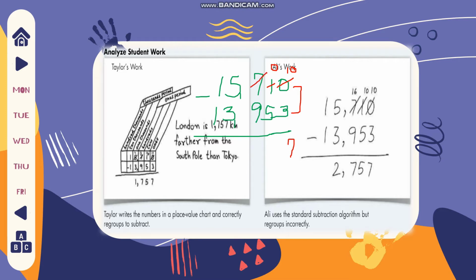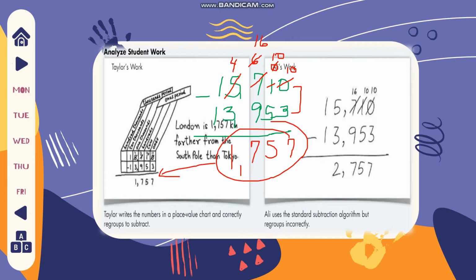We need to borrow from 7. 7 becomes 6, and the 0 becomes 10, because the one that we borrowed is always equivalent to 10. So 10 minus 5 is 5, and 6 minus 9 cannot be, because 6 is less than 9. So we need to borrow from 5. 5 becomes 4, and the 6 becomes 16, because we borrowed 1, that is equivalent to 10, and we have 6, that's why it is 16. So 16 minus 9 is 7, 4 minus 3 is 1, and 1 minus 1 is 0, that's why the answer is